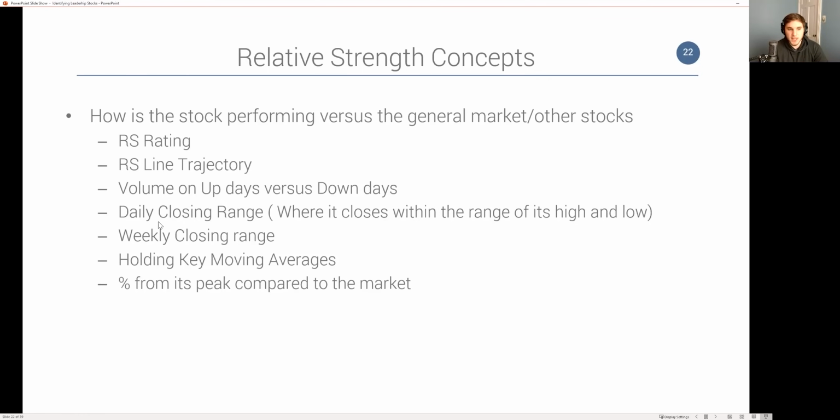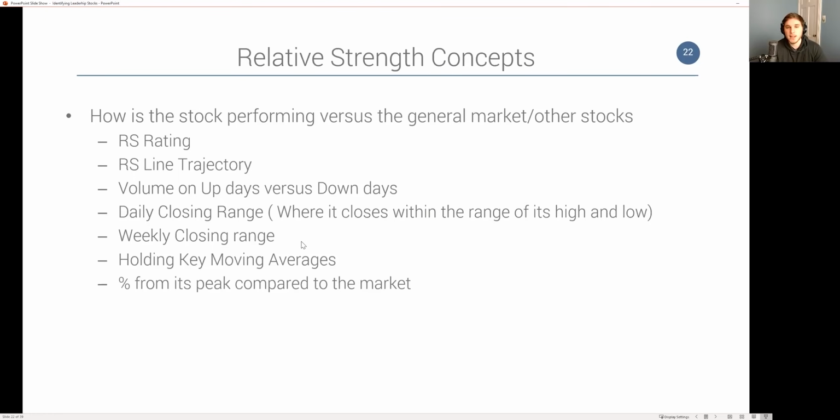You want to take a look at the daily closing range, especially on a day like today when I think the QQQ is down 2.5%. Any stock that had a pretty strong closing range is worth looking at today because it's outperforming the major index, the QQQ, and funds basically didn't want to sell this stock as much as the overall index. Similarly, for the weekly closing range during a correction,